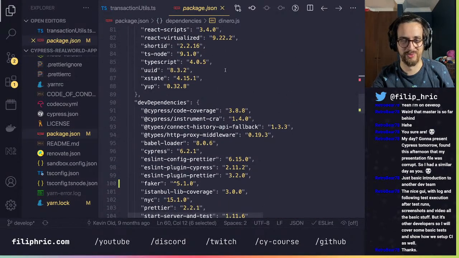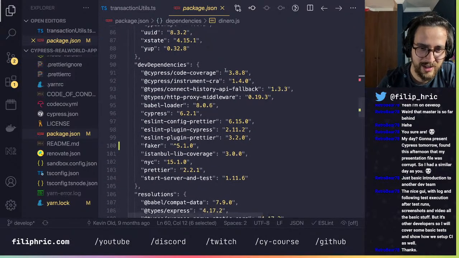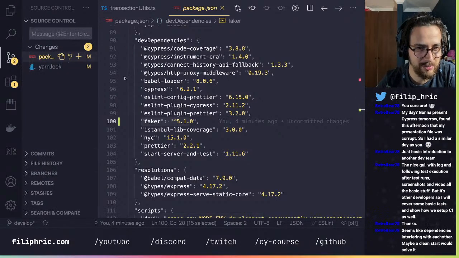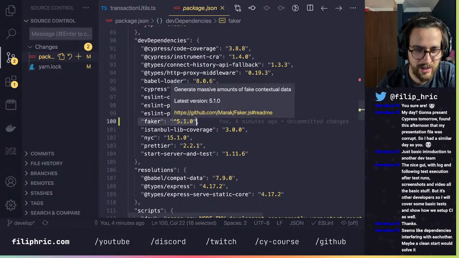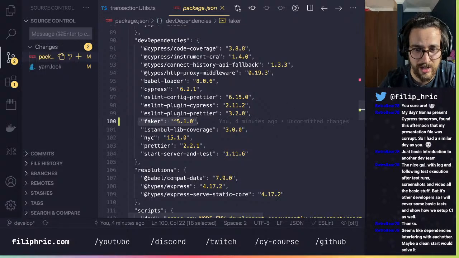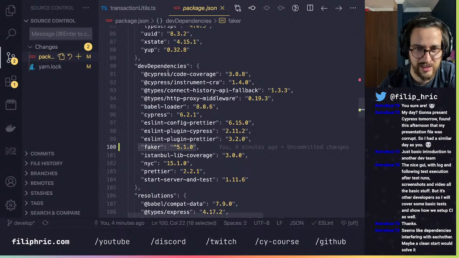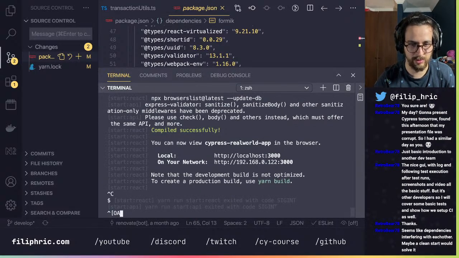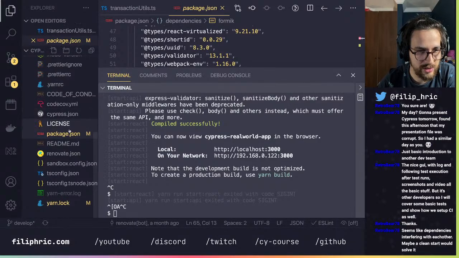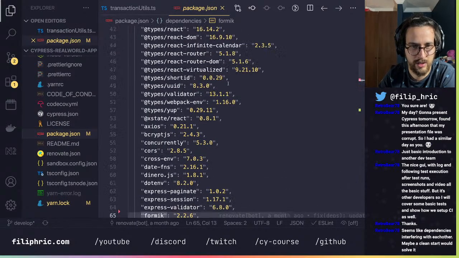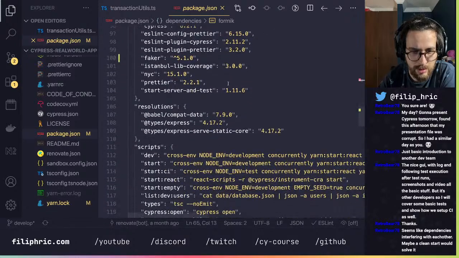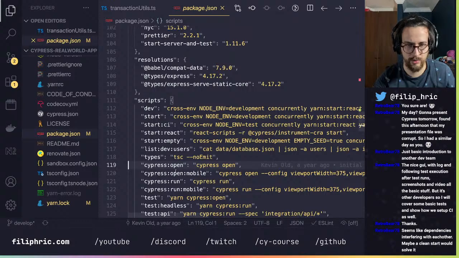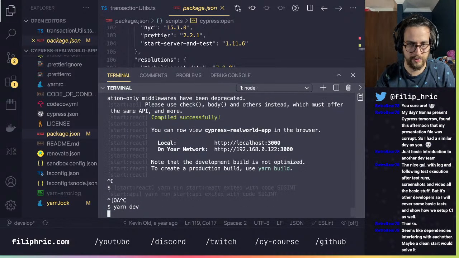I really wonder what's going to happen here. One thing that comes to mind, maybe when I installed the faker, when I was dealing with the problem with faker, maybe I put it into dev dependencies and it's in here. But that shouldn't be a problem for when we just want to start our app. Should it? Maybe yes. Let's try a different script. Let's try dev. Okay, shall we? Yarn dev.